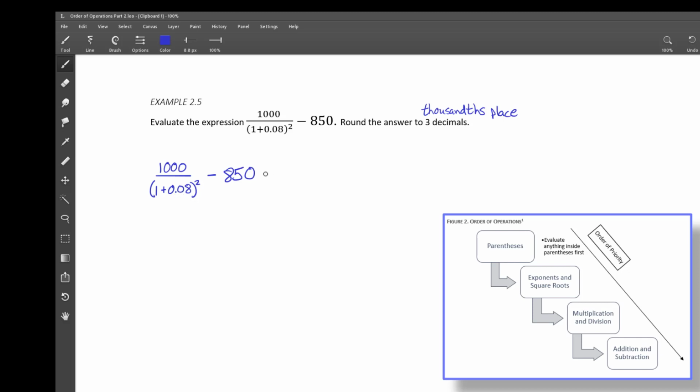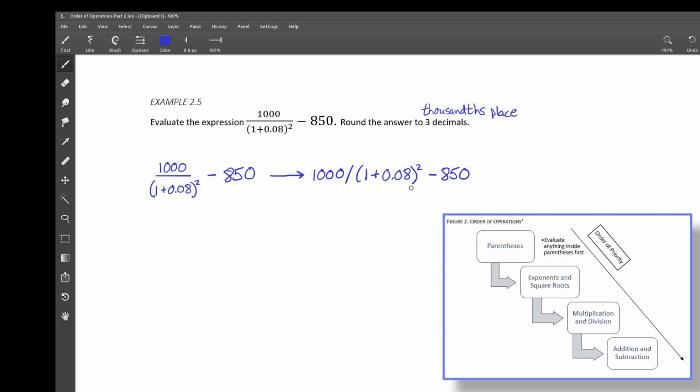So in fact, this just translates straight from what is written in the stacked way, I suppose you could call it, to one line. You're going to have 1,000 divided by, open parentheses, 1 plus 0.08, close parentheses, squared, minus 850. And once again, order of operations is going to have what goes on in the parentheses go first, so that is going to take care of that